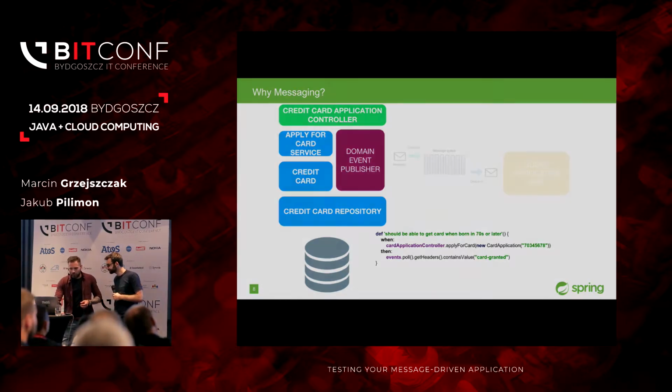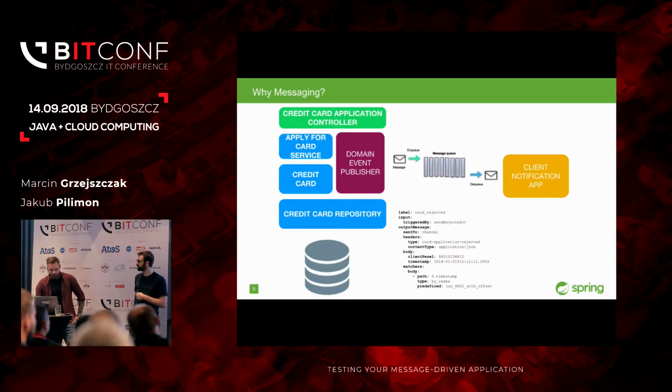Correct. But with those contracts of yours, we can exactly test the whole communication without having to bring up the RabbitMQ and the other apps, right? So if you're a consumer, you can simulate that the producer is there. So there is a producer, it's tested, it's proved that the contract is correct. Now we can reuse the contract, the client notification upside, and finish the whole process.